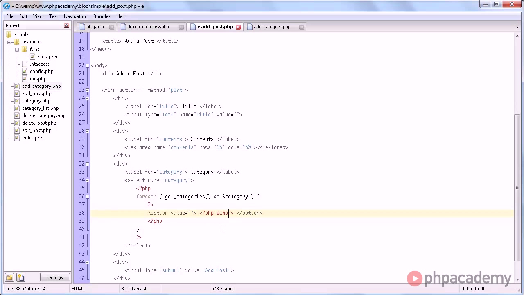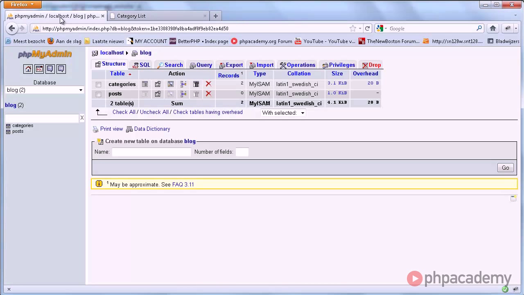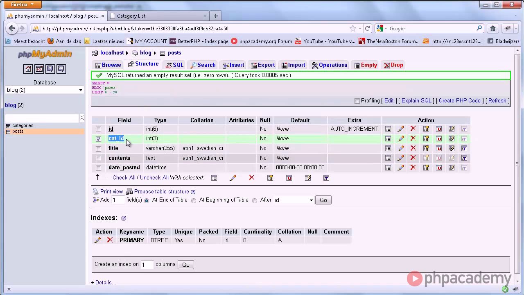Here we simply display the name, and in here we're going to display the ID. So we are not storing the category name in the posts table, but the category ID, as you can see right here.